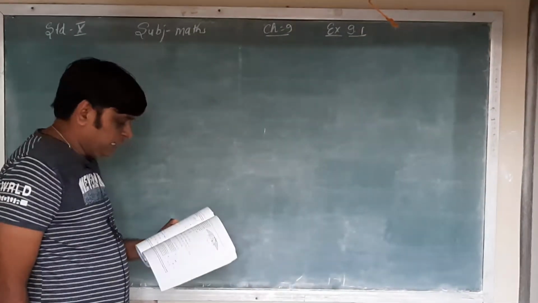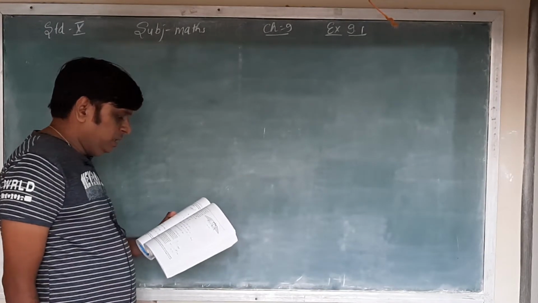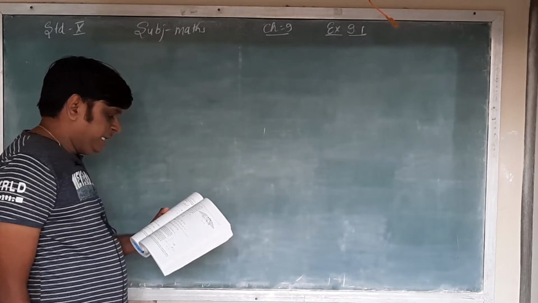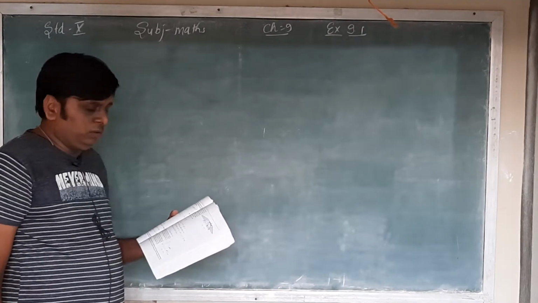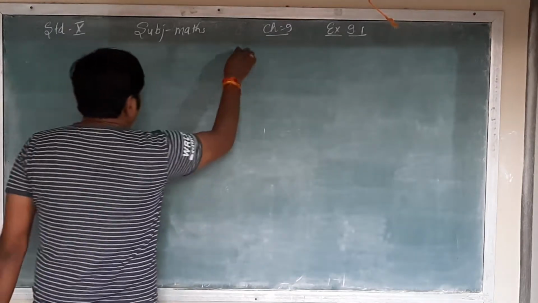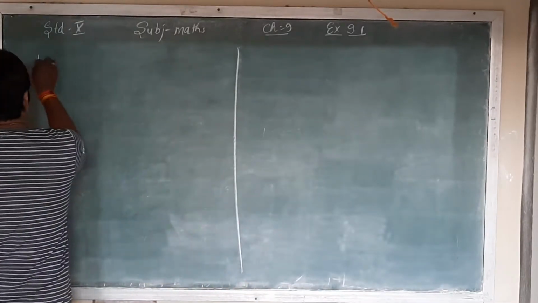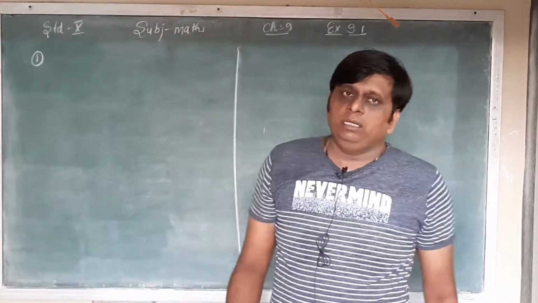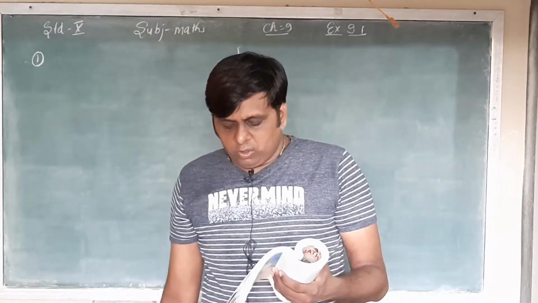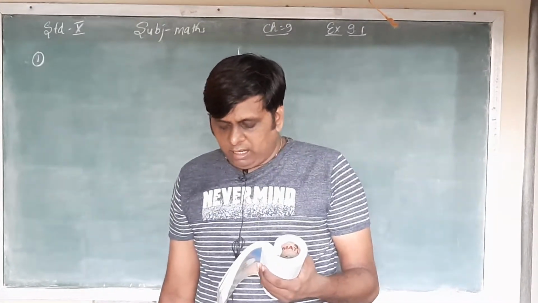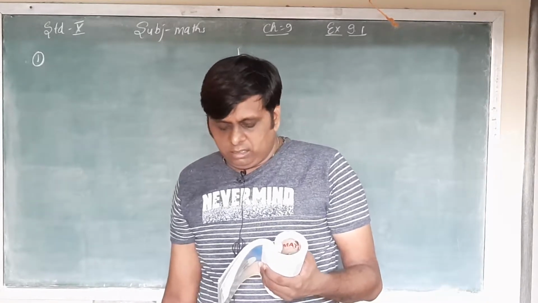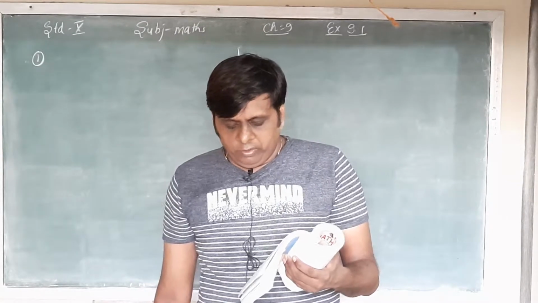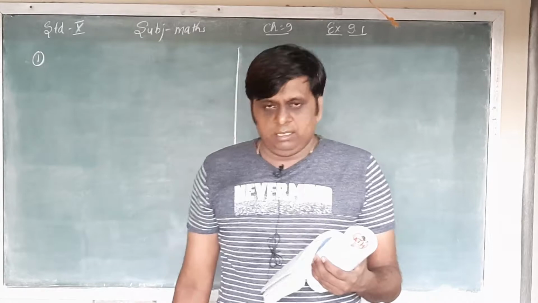First question: an artist is climbing a 20-meter long rope which is tightly straight and tied from the top of a vertical pole on the ground. First we draw a diagram. In this chapter, study all the questions very carefully, understand them in your own language, and draw the graph. Find the height of the pole, if the angle made by the rope with the ground level is 30 degrees.